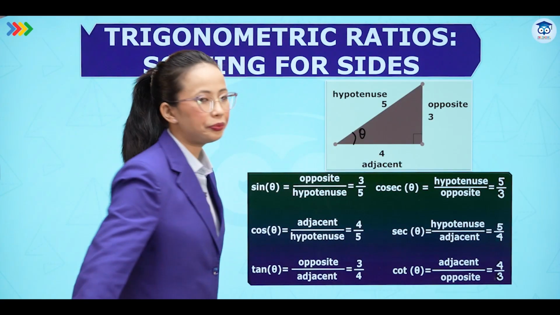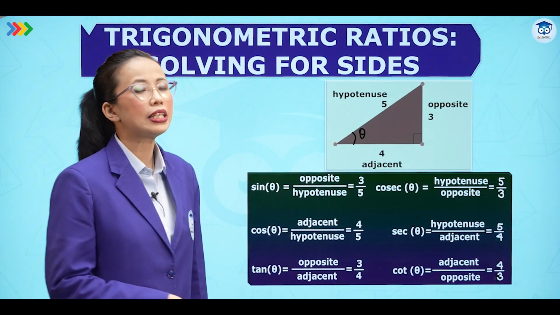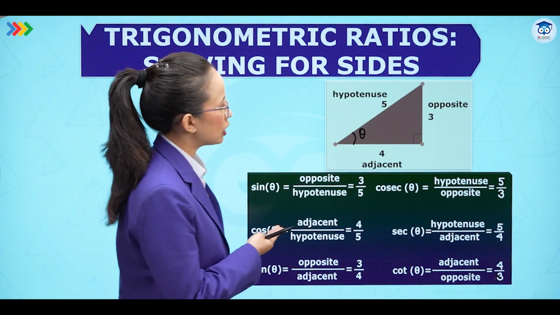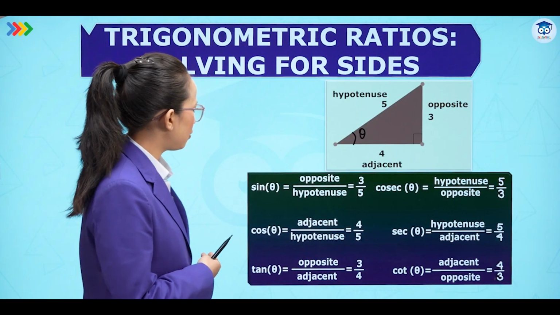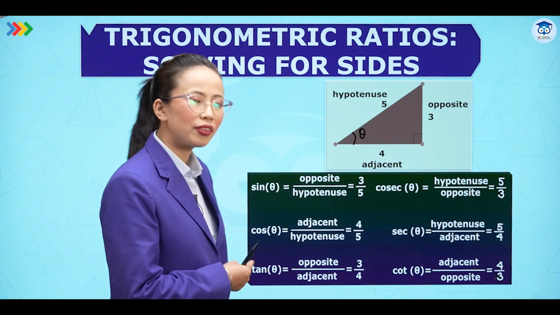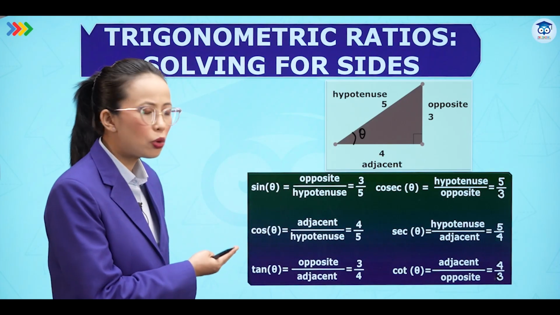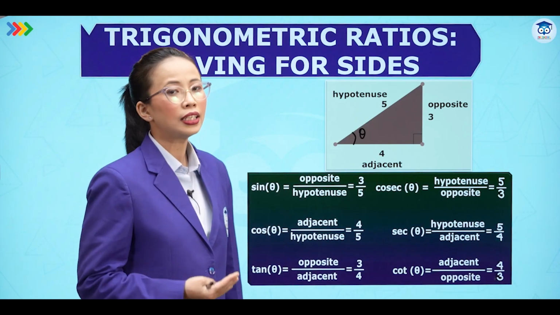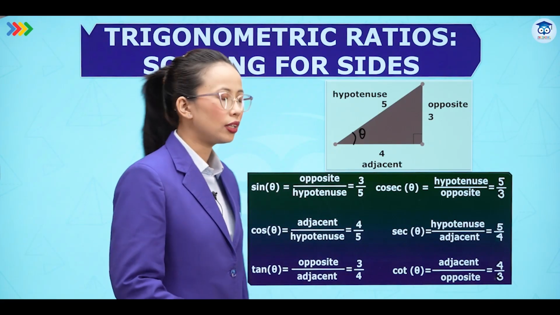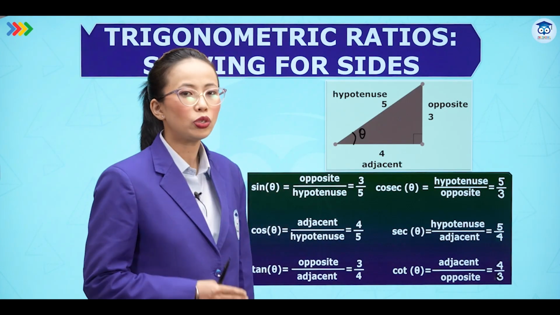If we define sin theta as opposite upon hypotenuse, that is 3 upon 5. Initially we can define the cosec. Cosec is just the reciprocal of this, that becomes hypotenuse upon opposite, it is 5 upon 3. Similarly, we can write for cos theta, that is adjacent upon hypotenuse, 4 upon 5, and the reciprocal of it, sec theta, is 5 upon 4. Then we have tan theta, that is opposite upon adjacent, 3 upon 4, and then cot theta, the reciprocal of this, which is 4 upon 3, adjacent upon opposite.